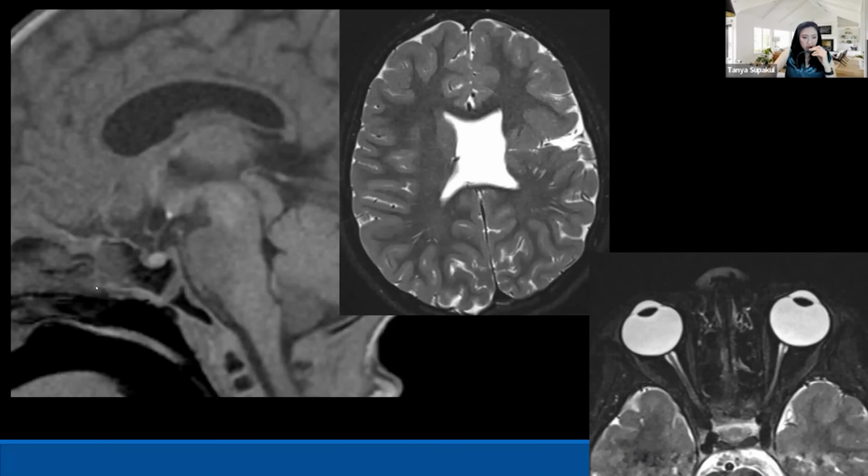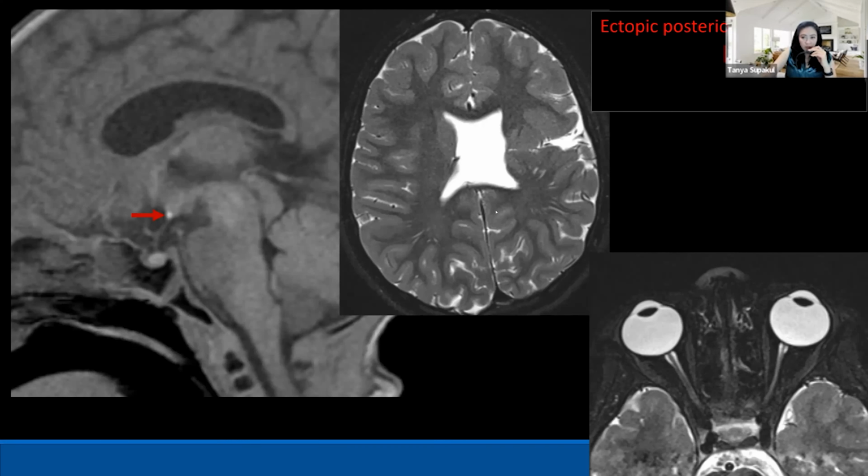This is another patient, sagittal T1 image. This is the sellar area. You don't see the posterior pituitary gland in the sellar area. You check along the pituitary stalk. There is nothing on the pituitary stalk. And then you see some T1 shortening foci in the hypothalamus. So this is an ectopic posterior pituitary gland, right?